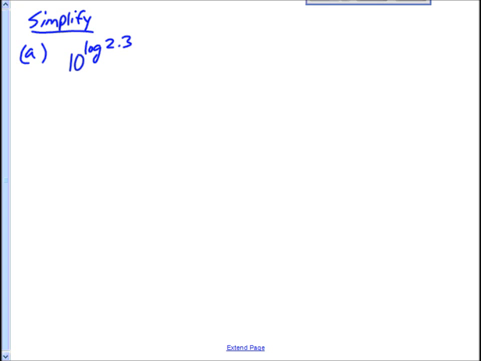Okay. 10 to the log of 2.3. Now you notice that log has no base, right? So if there's no base, it's assumed to be the common log. So this is 10 to the log base 10 of 2.3. Now, 10 to the x, which looks something like that, right? And log base 10 of x,